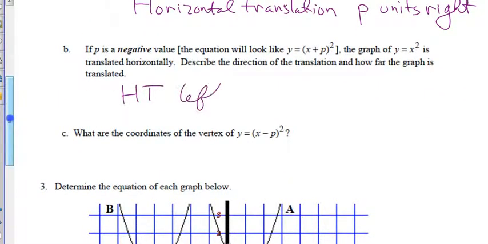HT left P units. Okay? So either way, you could say HT. You're always going to start off with what kind of translation? HT. And then you can say left or right. You could say which direction and then how much, or how much and which way. Me, I prefer left or right first because it lets me know which way I'm going as opposed to the